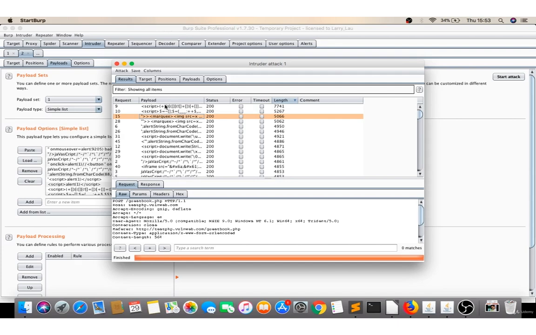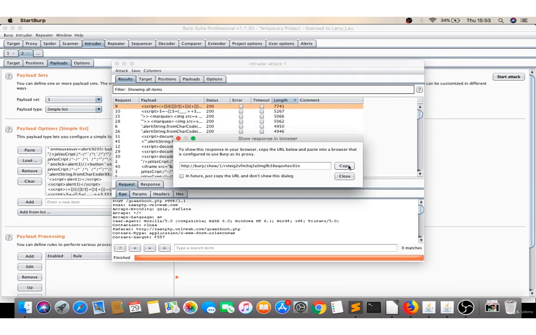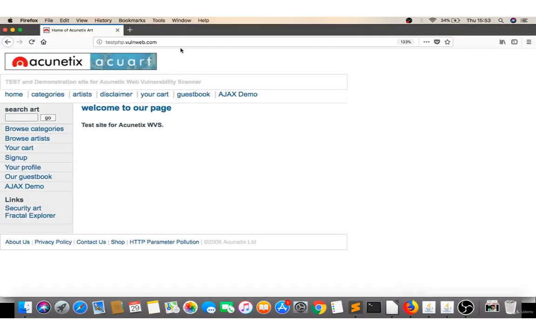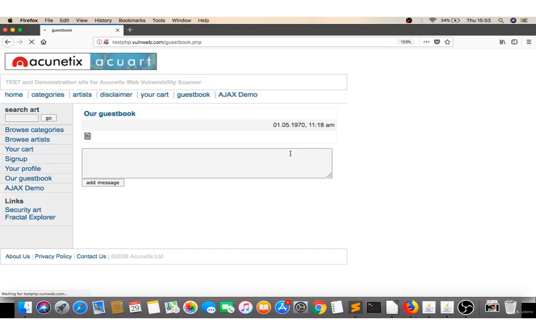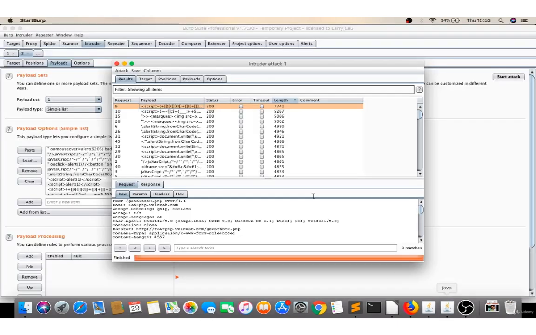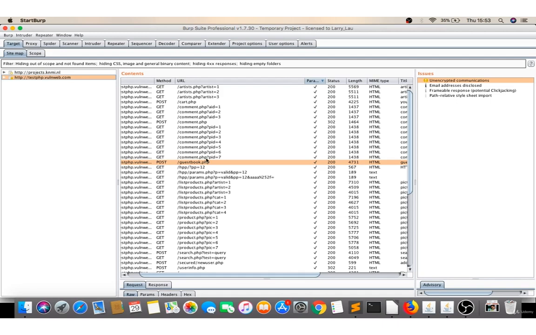We don't know. So I will try right click, show response in browser. I'll copy this. So see, it's vulnerable. Likewise, if you find, then you just have to try the top 10, the top 10 highest length payloads, that's it. Now, likewise you have to try on all the others, like let's try this pp equal to 12, because